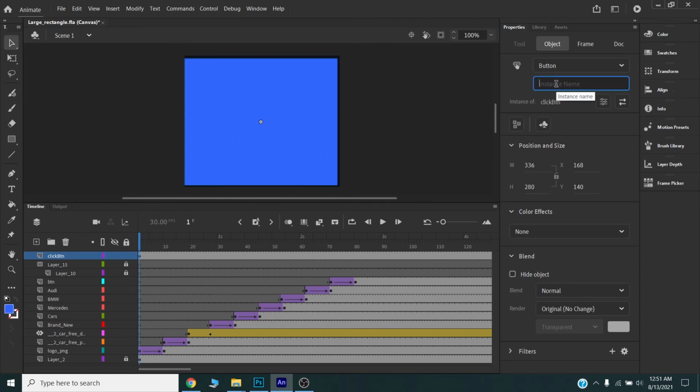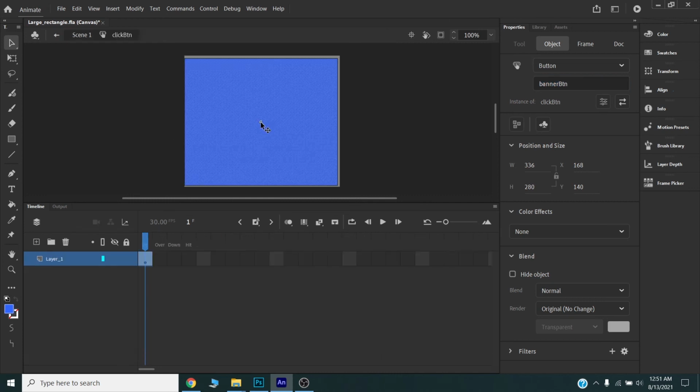Now I will set the instance name here. This instance name must be different from this click button here. So I will name this banner button. Okay,